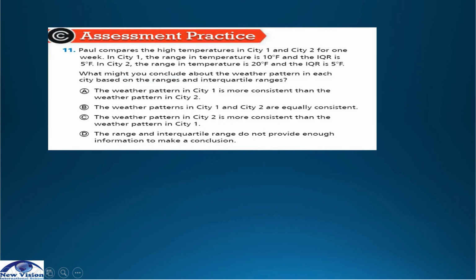Okay, for our last number, please read with me. Number 11, Paul compares the high temperatures in city 1 and city 2. So take note that the range in the first city is 10 degrees Fahrenheit and the IQR is 5 degrees Fahrenheit. In city 2, the range is 20 and the IQR is 5. So what can you conclude about the weather pattern in the city based on the ranges and the interquartile range? Now, if you get this answer correct, it means you understand our lesson very well. The correct answer is